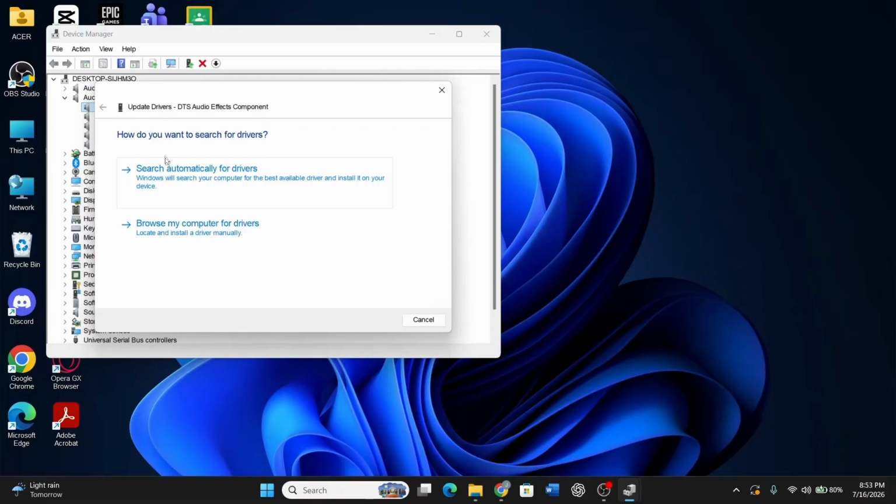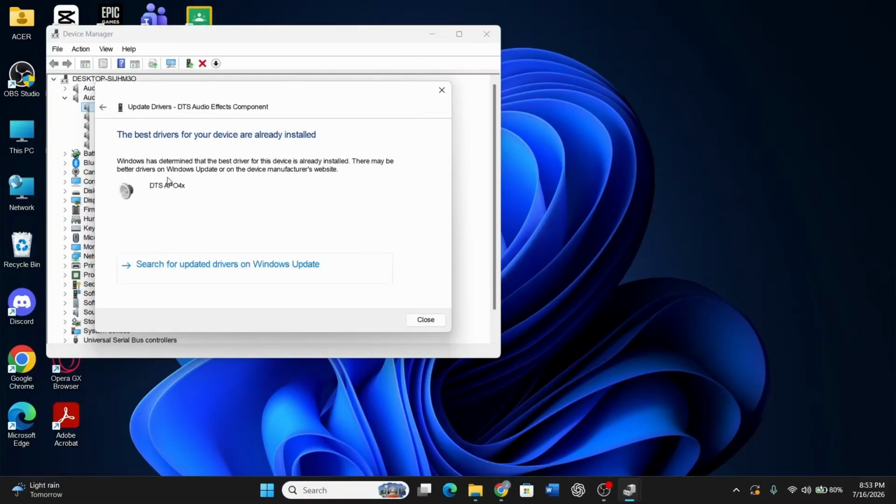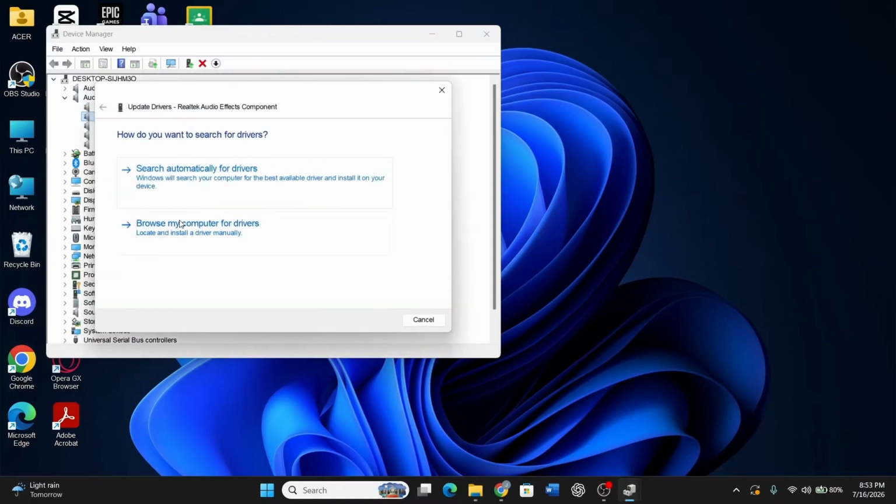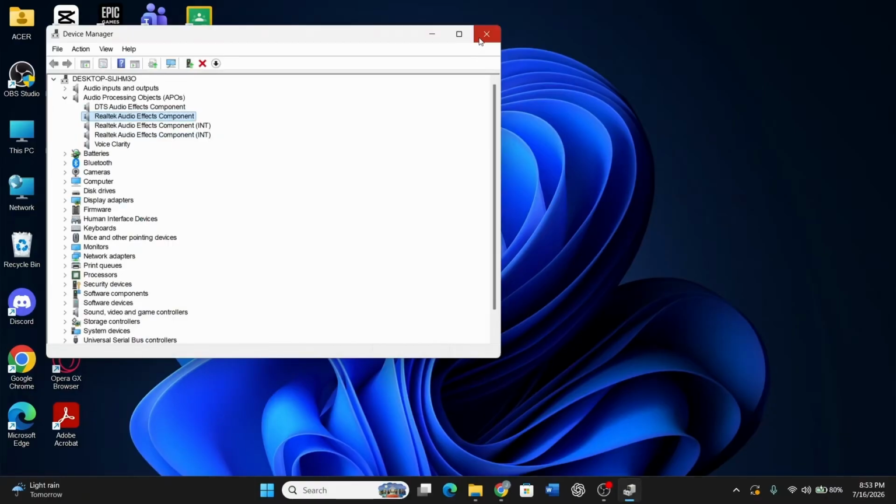From here, choose Search Automatically for Drivers, and Windows will attempt to find and install the correct one online. At this stage, if Windows can't find a driver automatically, you may need to download it manually from the manufacturer's website instead. Keep in mind, some hardware, especially older or specialized devices, may require manufacturer-specific software rather than relying on